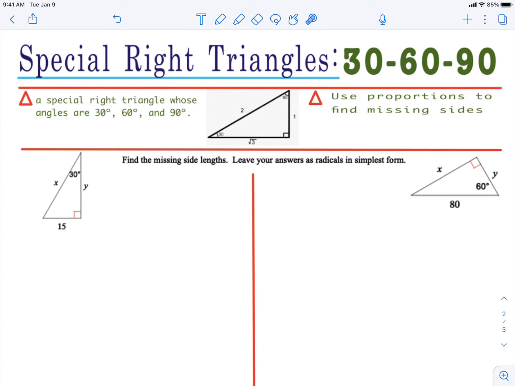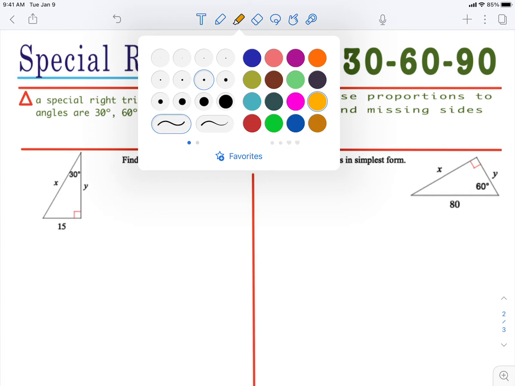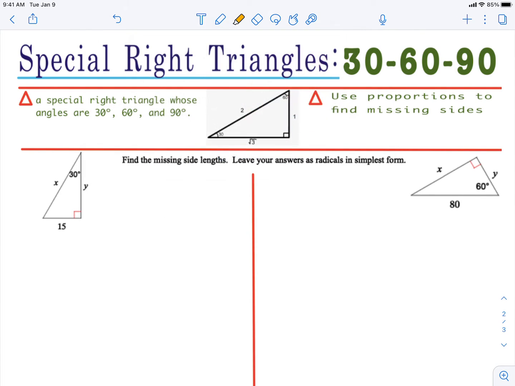Okay, everyone. Welcome to this next video lesson in geometry. Make sure you have paper and pencil out, ready to copy everything down in order for you to fully understand this lesson completely. Okay? So the first thing we're going to do is identify the title of these